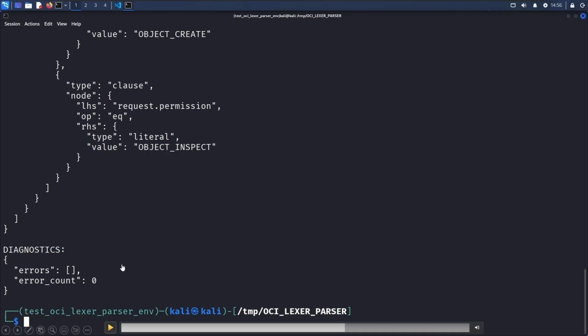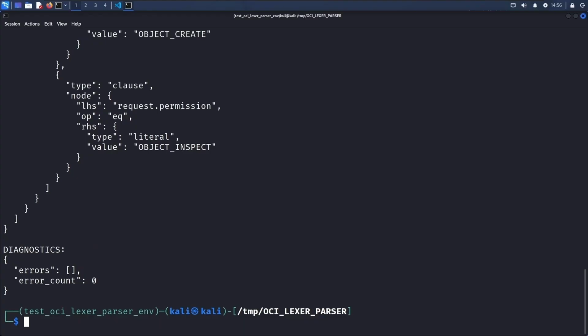If you think this is a lot of JSON keys and you need to memorize it, don't worry. If you go to the OCI Elixir parser GitHub repository, github.com/netspy/OCI Elixir parser, and click on that little wiki tab, I have all the different keys possible that will be in the JSON listed out in a table, so you can skim through that and see what best fits your use case and handle it in your own workflow.